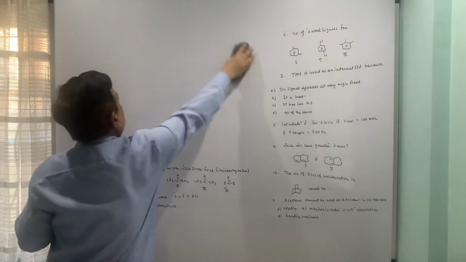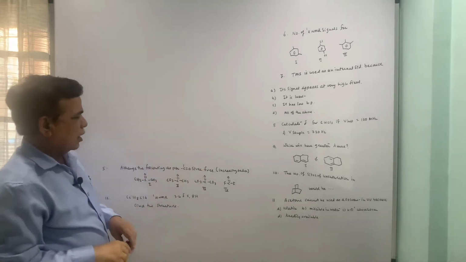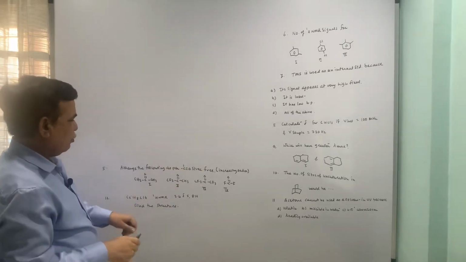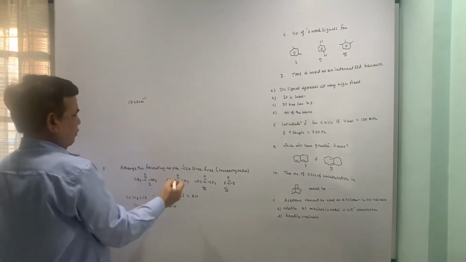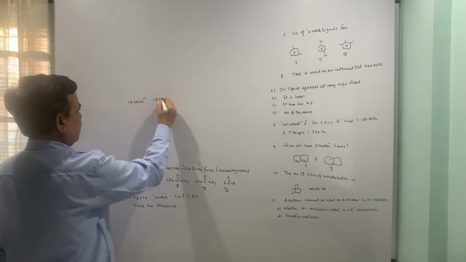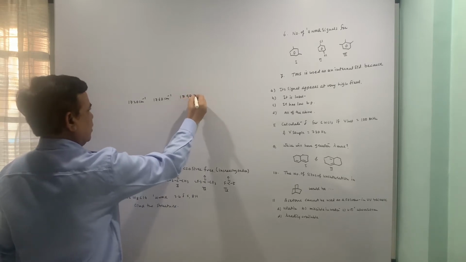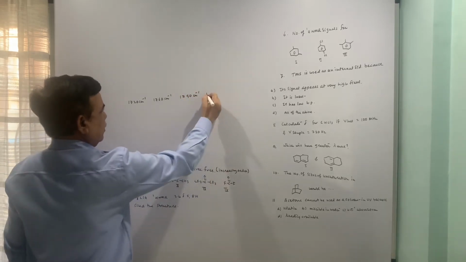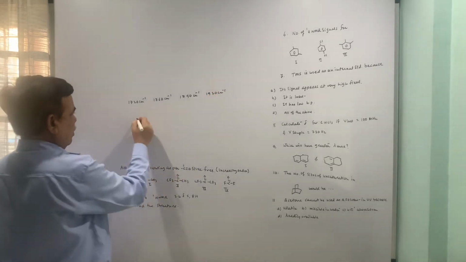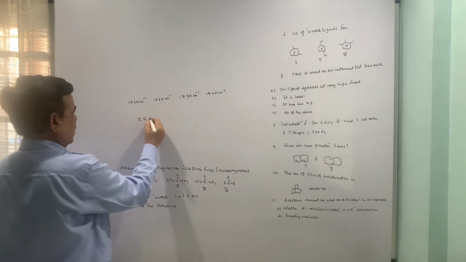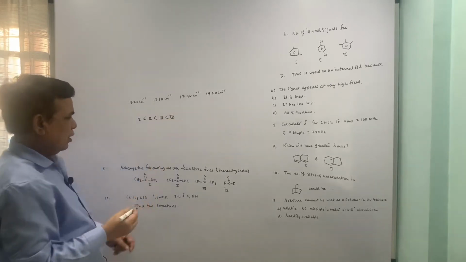Okay. Now moving on to the fifth one: arrange the following as per the carbonyl stretching frequency, increasing order 1, 2, 3, 4. For 1 it will be 1720, for the second it will be 1760 something, this will be around 1790, I am just putting rough values, and this will be 1920 something. So 1 will be less, then 2, then 3 and 4. This is the correct order.